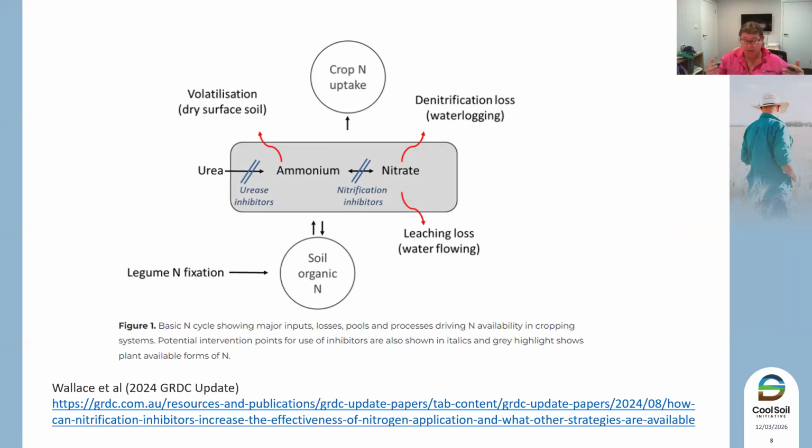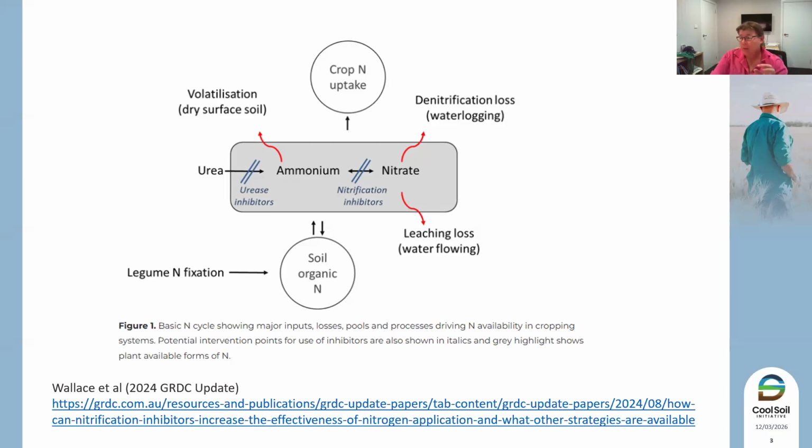So it's basically putting a slow release handbrake on that process. By doing that, it then slows that rate risk of volatilization. In comparison, the nitrification inhibitor slows down the conversion from ammonium to nitrate. Now that ammonium is well bound onto clays, it doesn't move with water the same way that nitrate does, so